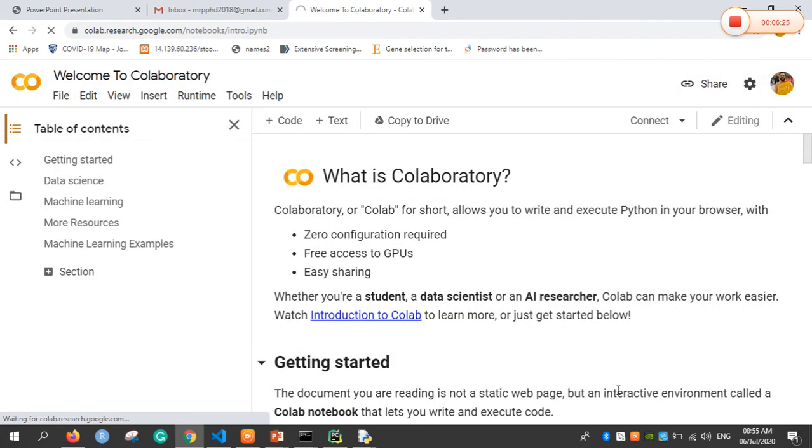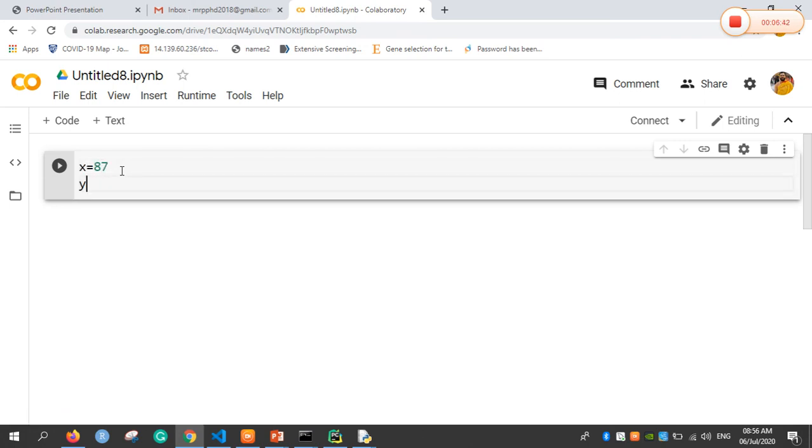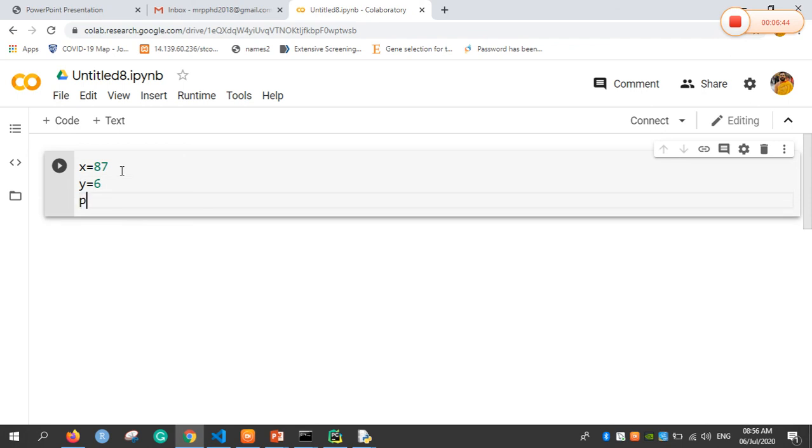By selecting the new notebook, it will create one like this. After opening a new notebook, we can run Python programs here also. Here I am going to use x is equal to 87 and y is equal to 6. Then I am printing the value of x plus y. Run the code here, and it will run the code.